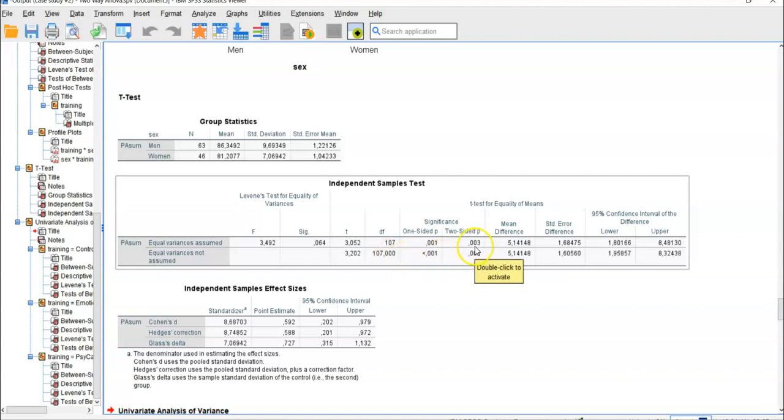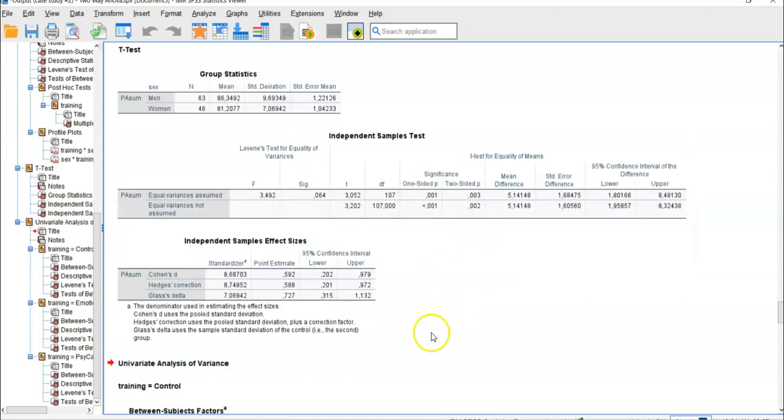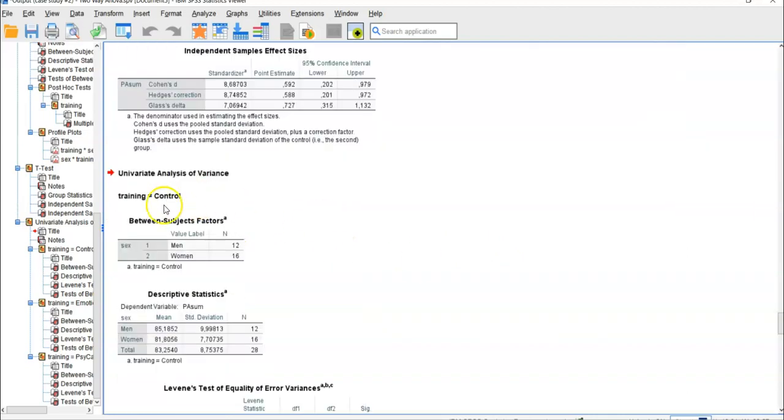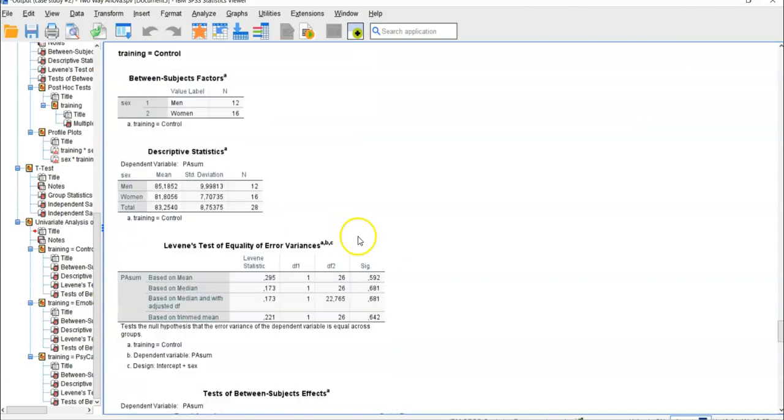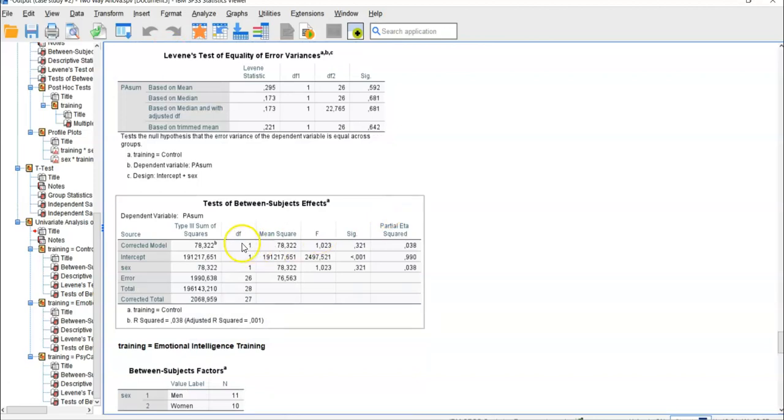There is a significant difference between men and women in appraisal score, and the effect size also shows that it's much higher. But with this independent t-test, when you control for the training method, for the control method,